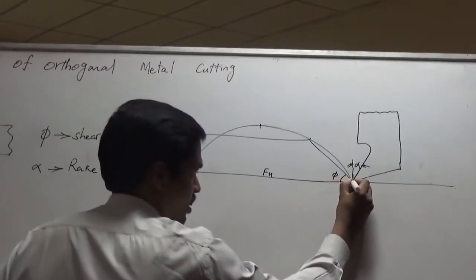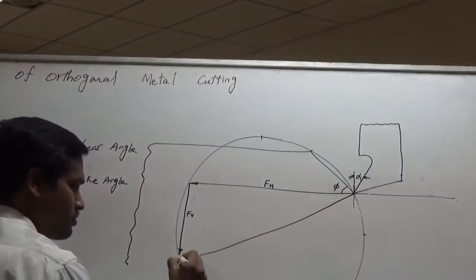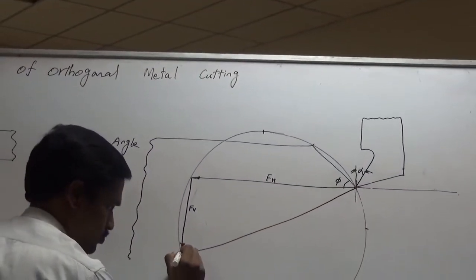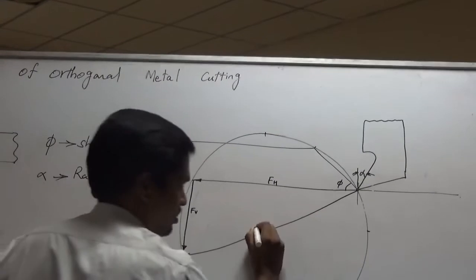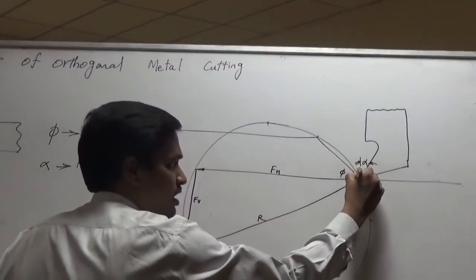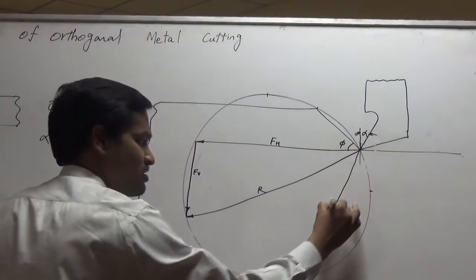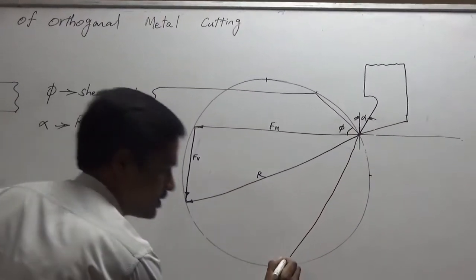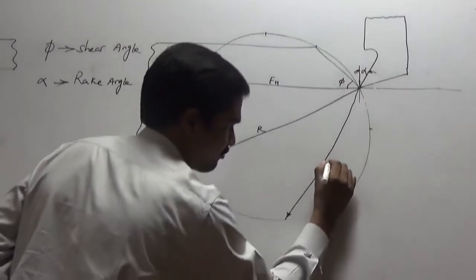The resultant of these would meet at a single point R, and parallel to this rake face, if we extend further, this line is the frictional force F,